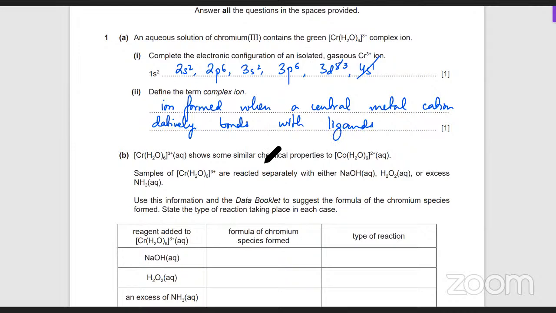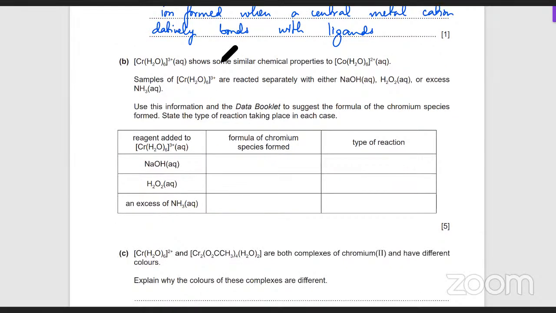The next one is he's asking what's going to happen when samples of Cr(H2O)6 3 plus are reacted separately with either NaOH, H2O2 or excess NH3. Use this information in the data booklet to suggest the formula of the chromium species formed. State the type of reaction that's taking place. तो उससे पहले information दी हुई है कि chromium has similar chemical properties